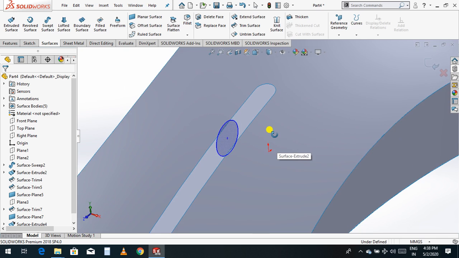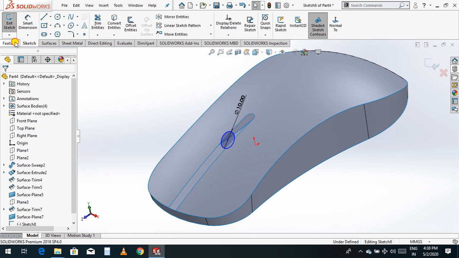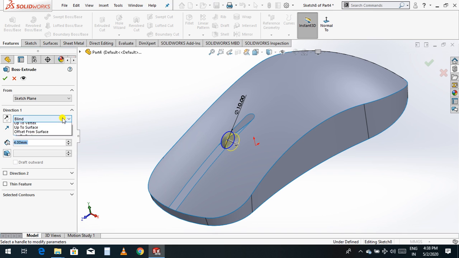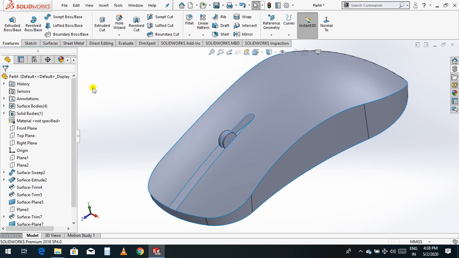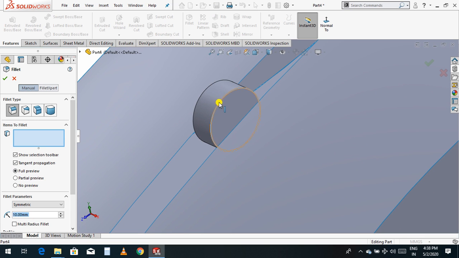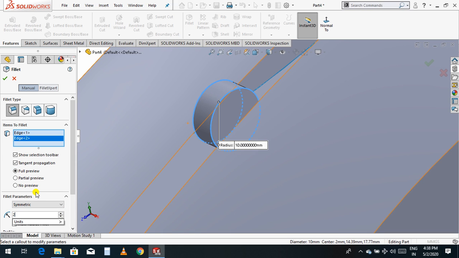Go back, go to feature and extrude, and go to mid plane and give a 4. Select OK. Now I'll give a fillet to this face and this face, and I'll take 20. Select OK.